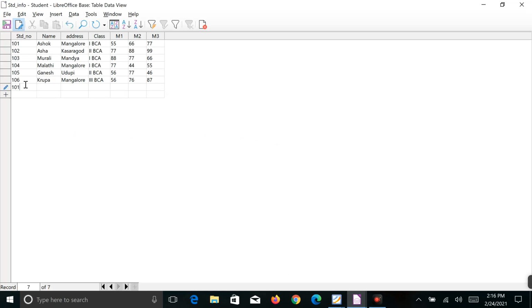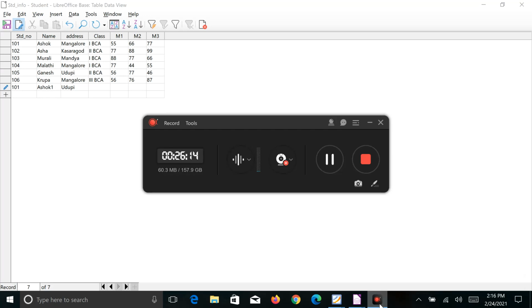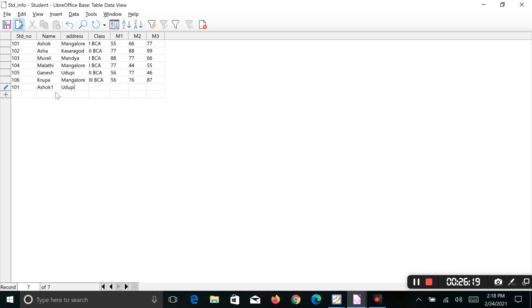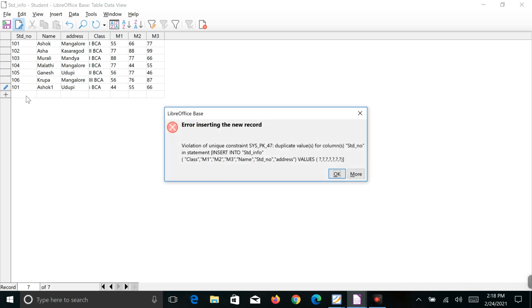See, I mentioned the importance of the primary key. I'll type 101. It's already typed, right? So I'll type, let us say, Ashok, 1, let us say Udupi, first BCA, 44, 55, 66. When I go to the next line, it doesn't permit me because I have violated the rules